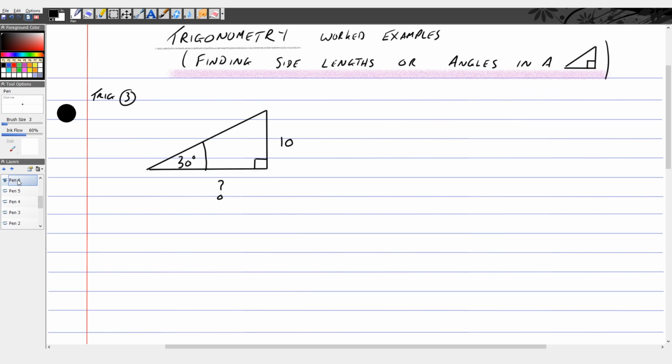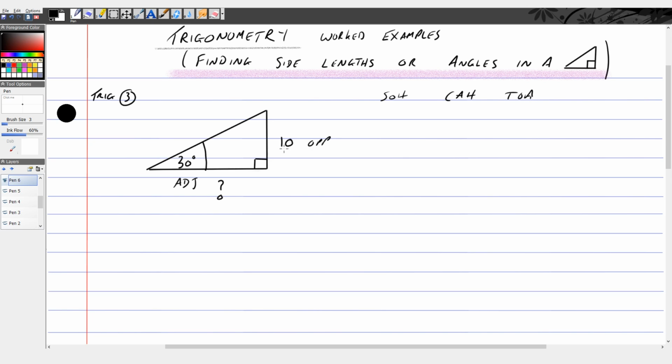So for trig example 3, we've got the same triangle as last time in trig example 2, but instead of finding the hypotenuse, we want to find the adjacent side now, because the hypotenuse is the longest one. The 10 is opposite, because it's opposite the angle, and the unknown is next to the angle, or adjacent to the angle. So I'd always recommend doing SOH, CAH, and then TOA, and then tick in which sides you know